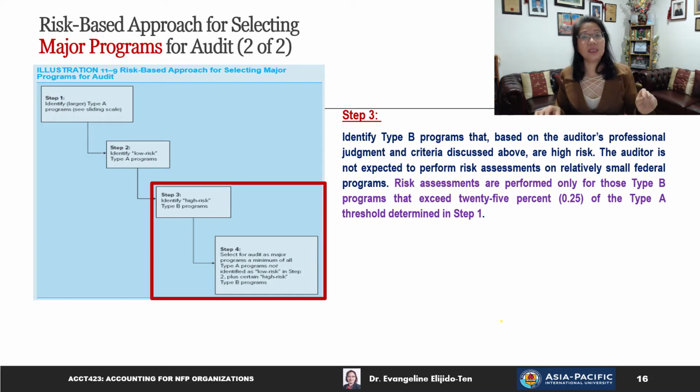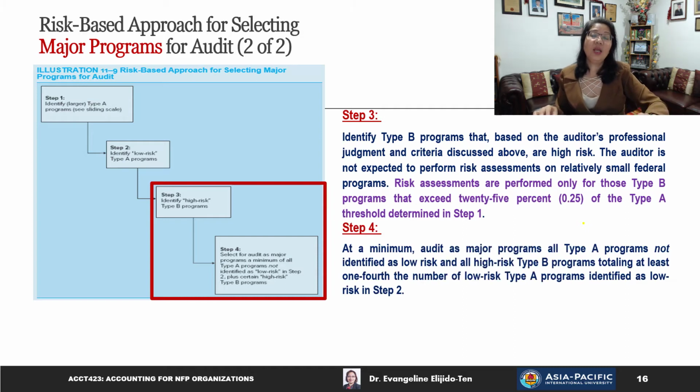So the risk assessments are performed only for those Type B programs that exceed 25% of the Type A threshold determined in step 1. Now in step 4, this is where at a minimum the audit must be done for